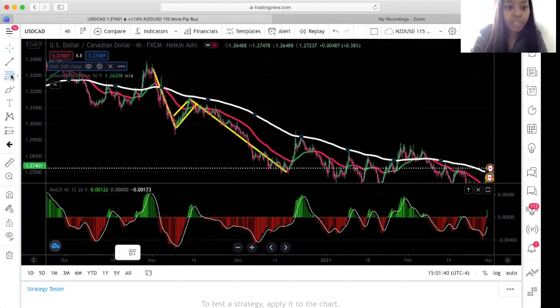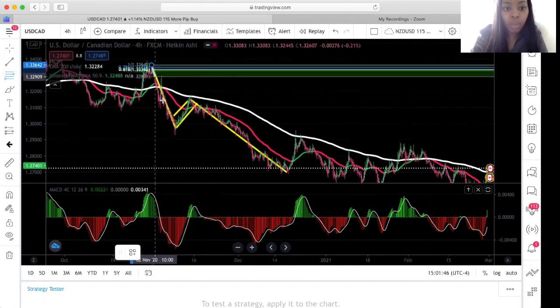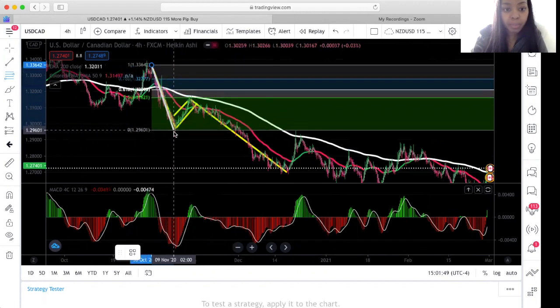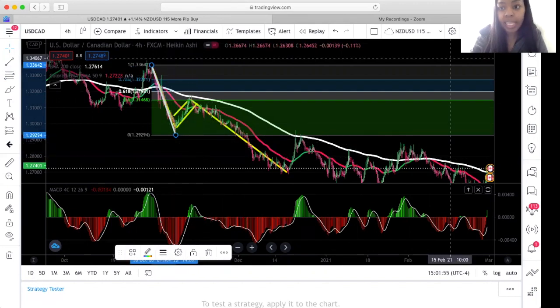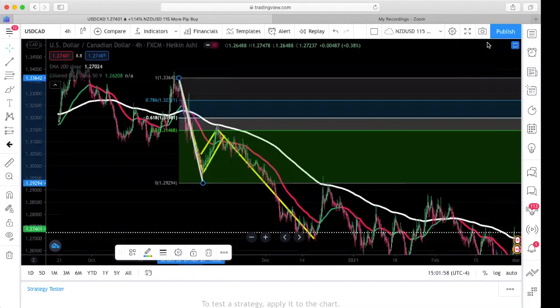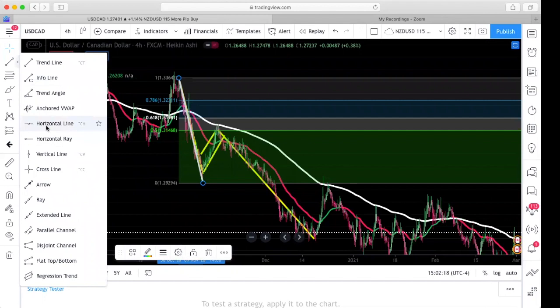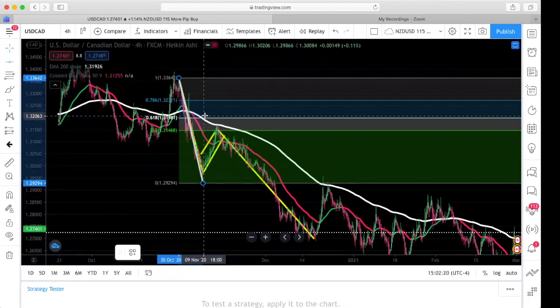Now, when I use this Fibonacci tool and I take the Fibonacci from the top all the way to the bottom, what I noticed here is, and I'll go ahead and make this bigger so you guys can see. And I just drew my trend line the exact same way I had the yellow line. I just drew it with the Fibs tool. What you notice is that price pulls back at minimum to the 50, but in most cases